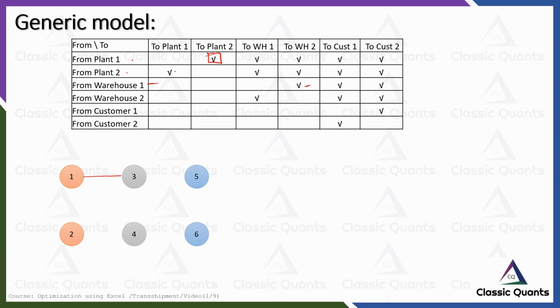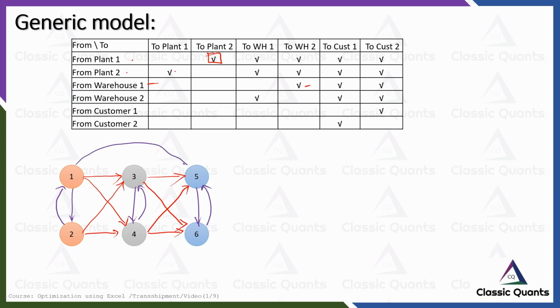Earlier it was simple. It was like this, and this also. This was the simple situation. Now things have changed a little bit. How? Flow in between is also possible. This is possible, this is also possible, and this is possible too. So it seems too complex.